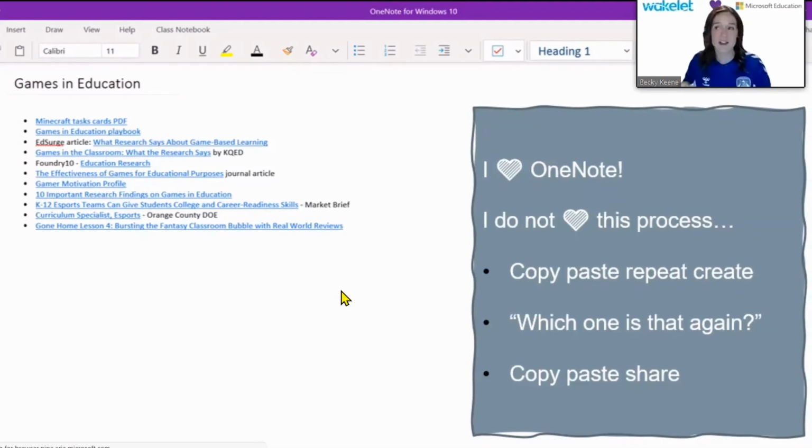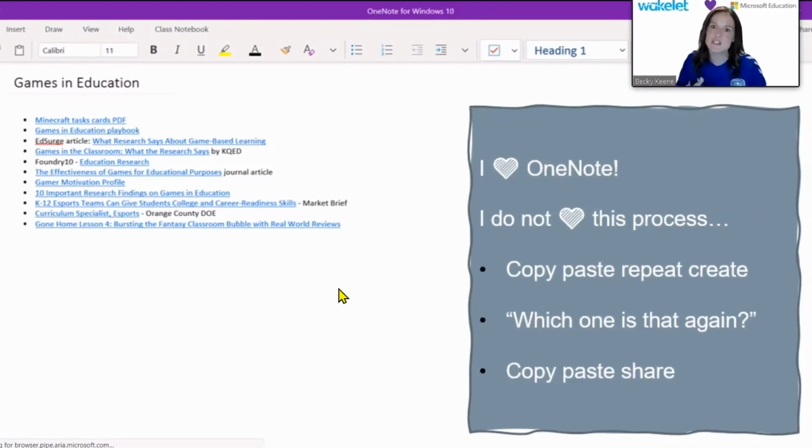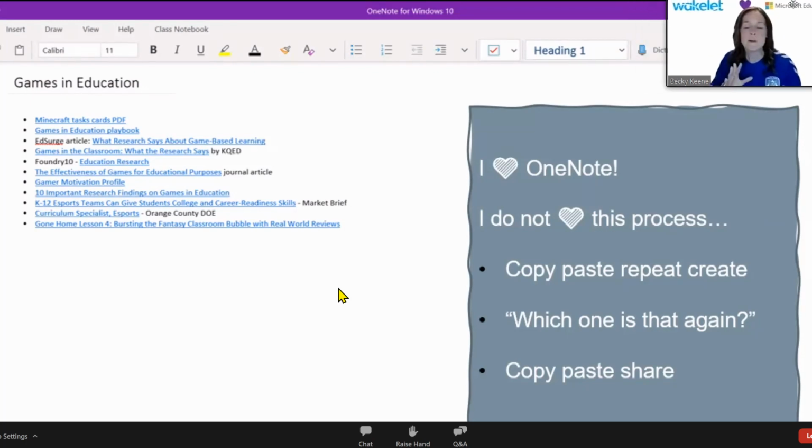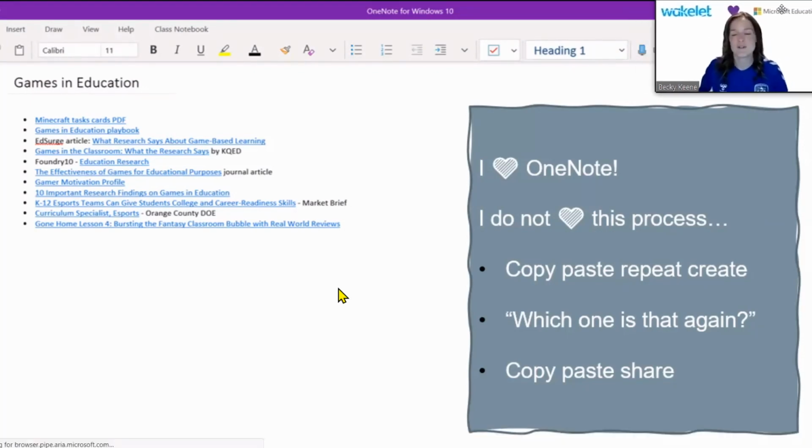So sometimes people ask me, like, did you quit using OneNote? I'm like, no, these are two different tools. So the issue that I have with using OneNote to curate links, which is one of the top beginning uses